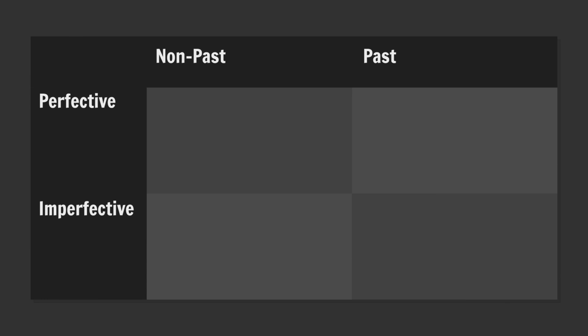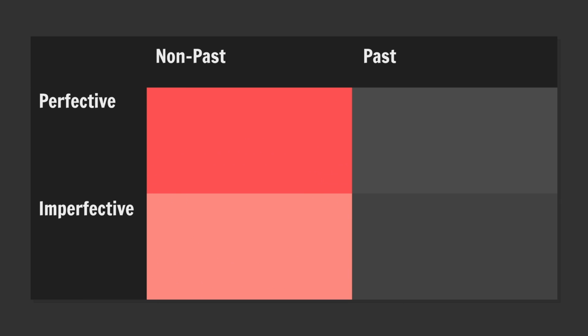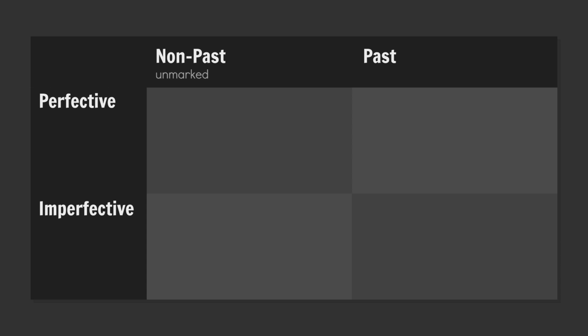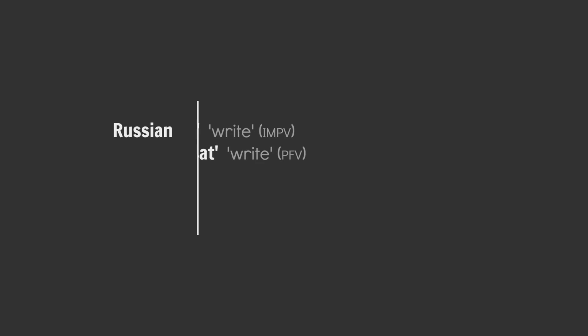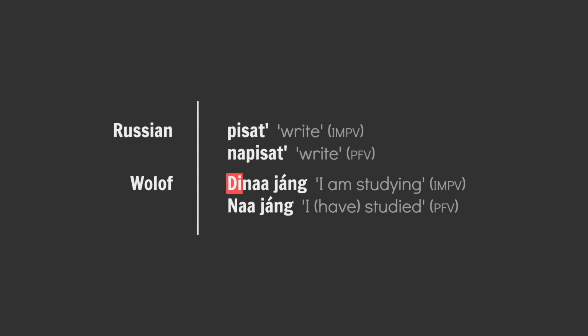Next up, we have to decide how each piece of information is marked. Often in natural languages, the present tense is viewed as the default tense and is therefore left unmarked, while the other tenses are formed through affixation or some other form of marking. Let's do the same here, leaving the non-past tense unmarked and creating a suffix for the past tense. Cool, and I'm assuming we'll handle the aspects in a similar fashion. Yes, one will be marked and the other not. Now, in some languages, the imperfective is unmarked and the perfective receives marking, but in others, the opposite is the case. My vote would be for the latter, unmarked perfective, marked imperfective.